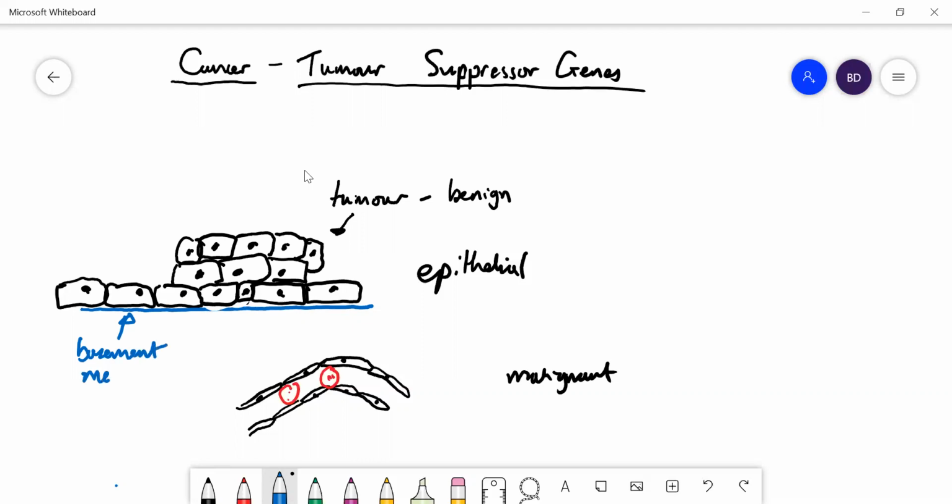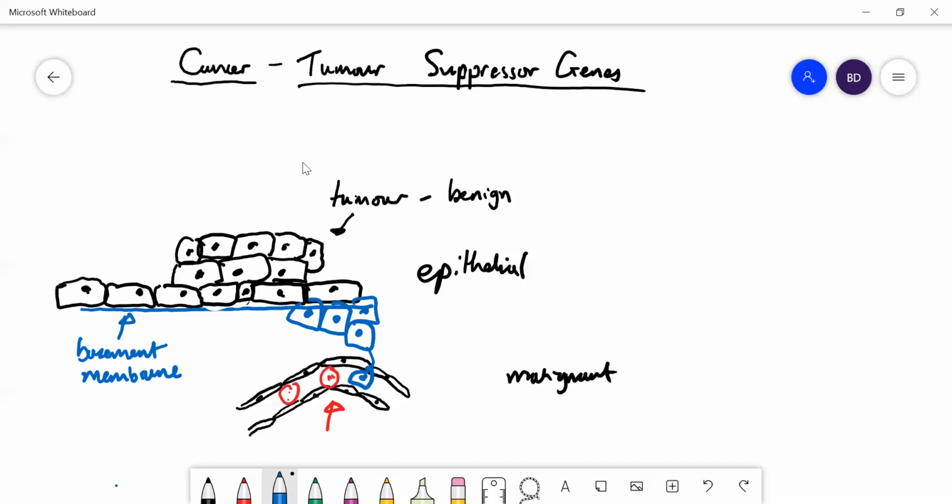It's made of connective tissue, and it separates the epithelial cells from the rest of the body. And what I've drawn here is a blood vessel, a capillary, with some red blood cells in it. If that tumor became malignant rather than benign, the tumor is managing to grow below the basement membrane. It's broken through the basement membrane, and some of those cells may end up getting into the capillaries and spreading throughout the body and seeding in multiple different places, in which case that would be a fully malignant tumor.